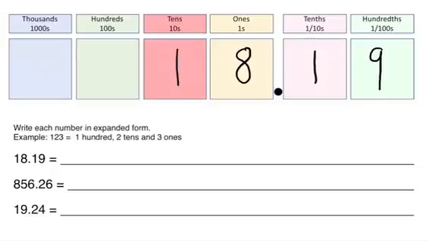Now, if I was writing this out entirely, I would write out no thousands, no hundreds, 1 ten, 8 ones, 1 tenth, and 9 hundredths. It's perfectly fine to write that, but we're kind of lazy as humans. We're not even going to mention this one because it's empty, and we're not going to mention this one because it's empty. So we're just going to write out 1 ten,